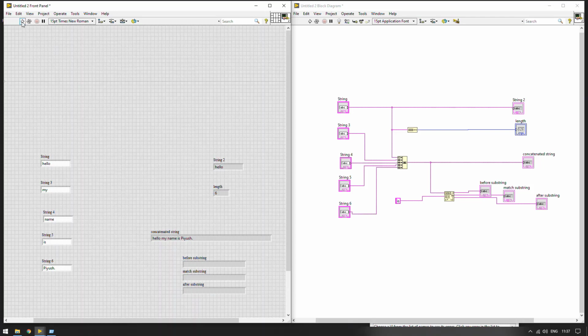So the matching string is, and it has given the substring that is before the matching string and after the matching string. What if I just wanted the name out of any sentence? We don't have to do anything else, just delete these values, and we have a program to get the name out of any sentence that is structured in this particular format.